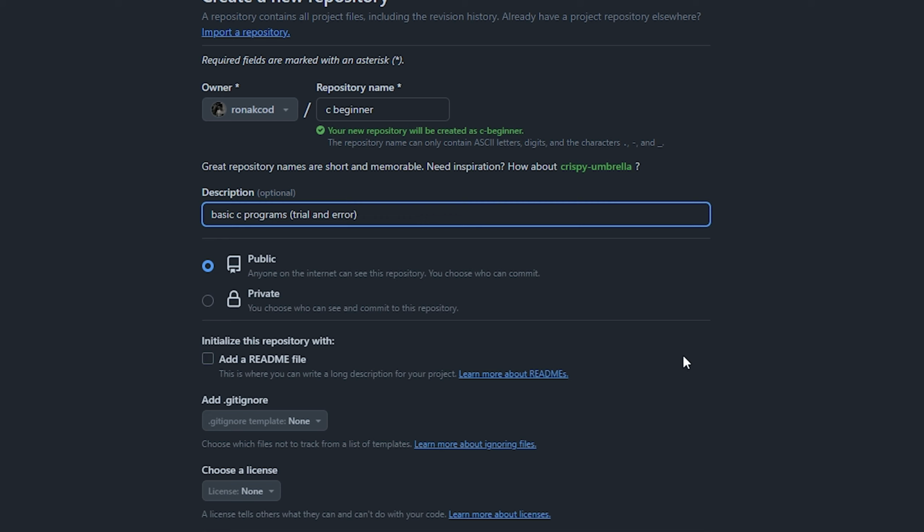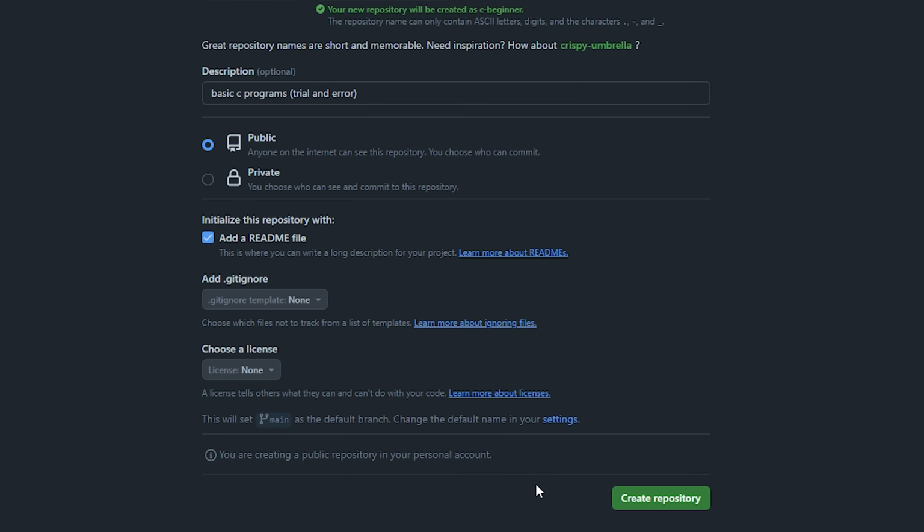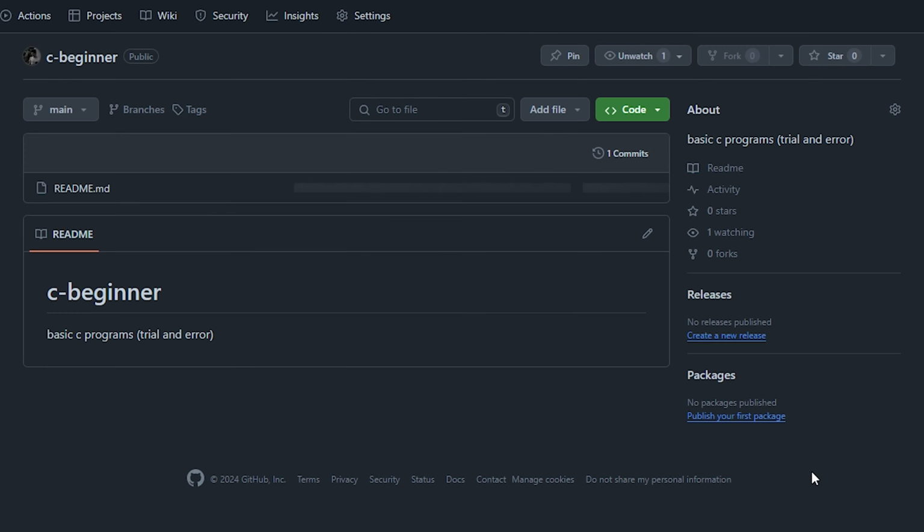You need to check the add a README file, and I'll talk more about this later in the video. Once you're done doing everything, you need to click on Create Repository. Once you click on it, you'll get this screen. Here you can see a README file is automatically added to your repository because we earlier checked the box to